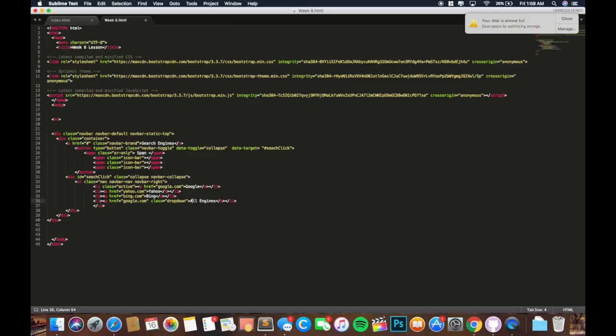Now our next thing is an a tag. Create a